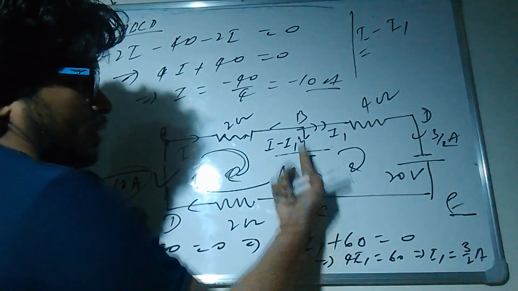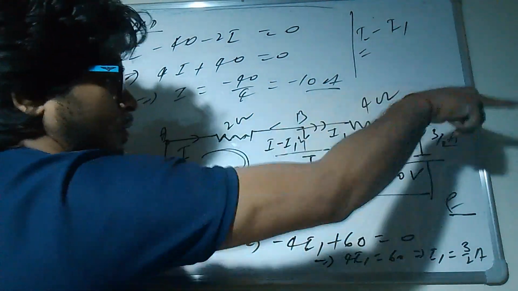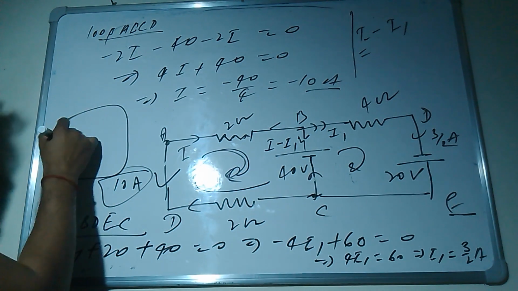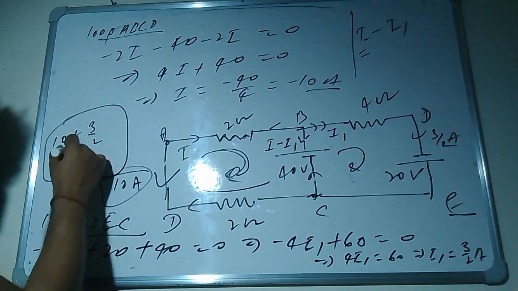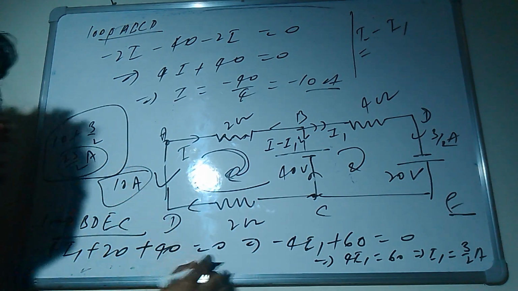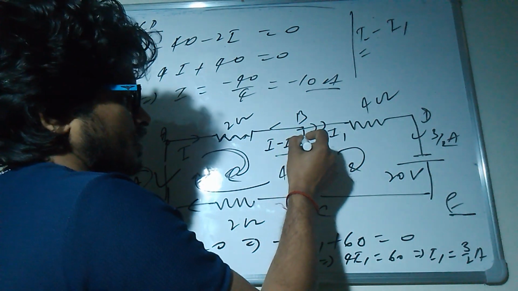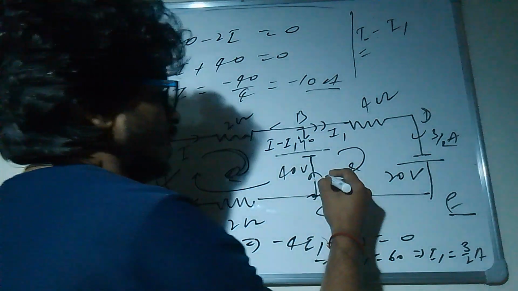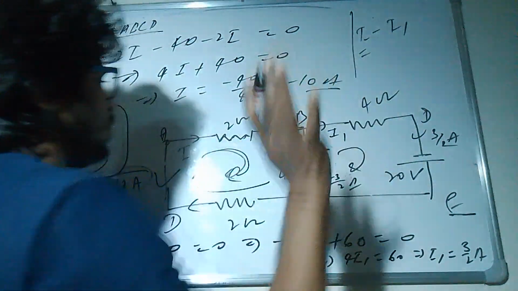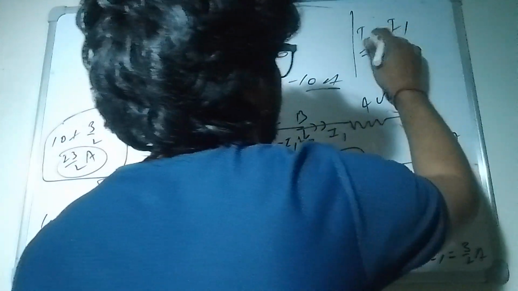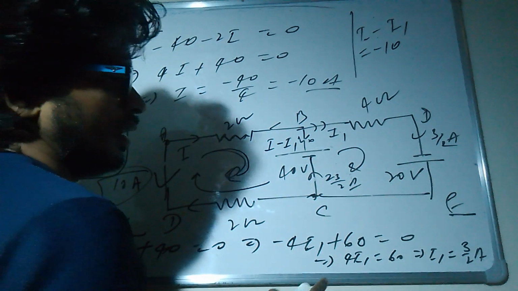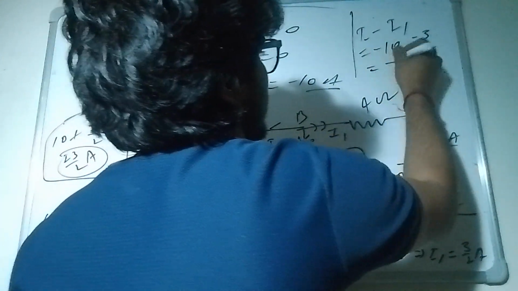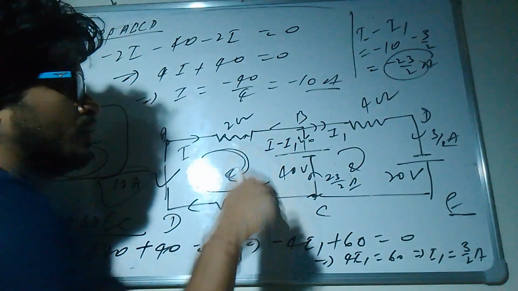So this current will come from this side, and then go as outgoing current. So the incoming current is this plus this, what I'm solving here. Incoming current is 10 plus 3 by 2. If you solve it, this is 23 by 2 ampere. Whatever direction we assumed was wrong, so 23 by 2 ampere will come like this. If you want to solve from here, just put in the signs: I is minus 10 ampere, I1 is 3 by 2 ampere, so minus 10 minus 3 by 2, minus 23 by 2 ampere. It comes with a minus sign because you have to take the reverse sign.